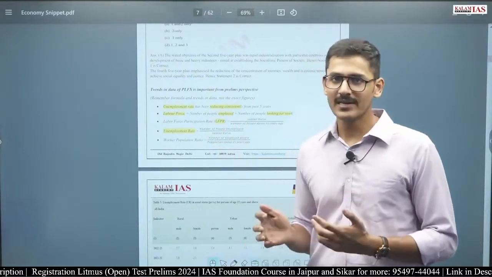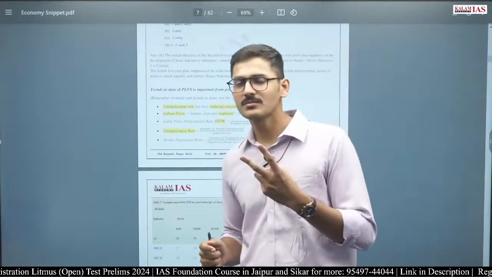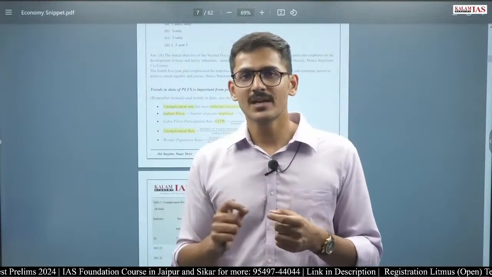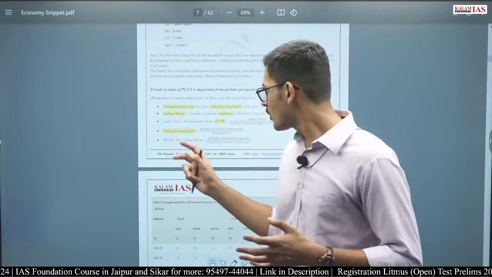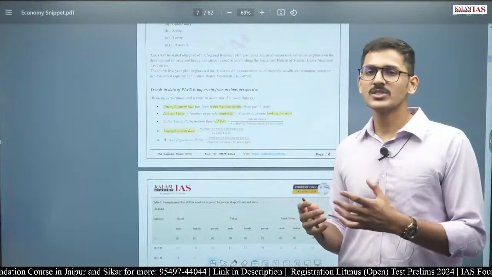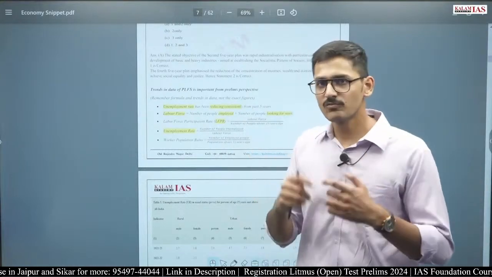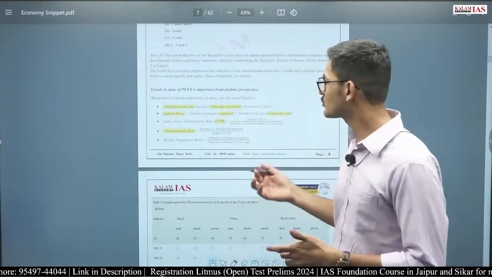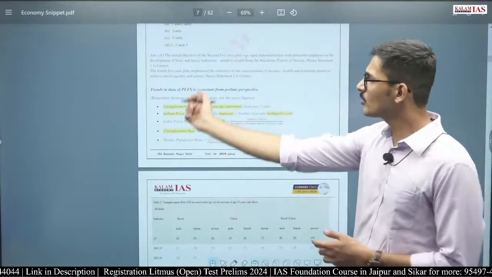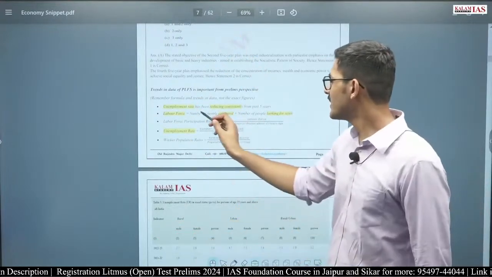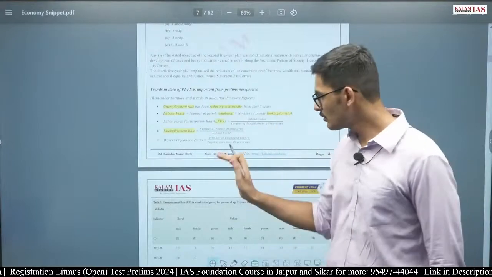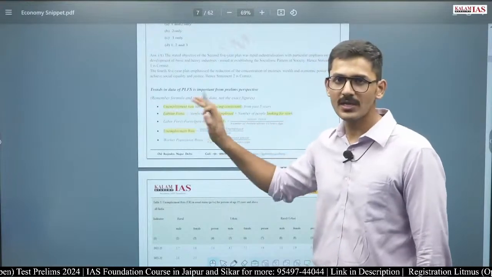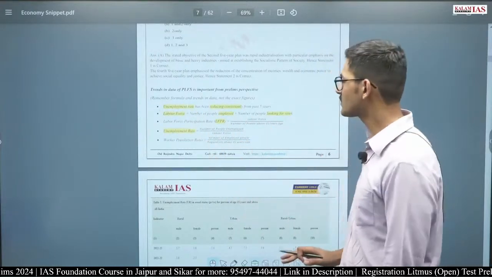The other is to look at the trends. So there are two types of questions which can be asked by UPSC. First is a conceptual question upon unemployment rate. They will give four statements and ask which of them defines the unemployment rate. Or there can be a trend-based question, whether it is increasing, decreasing, or fluctuating over the past 5 years, 10 years, or 3 years. This is how UPSC frames questions. If we look at the trends, the unemployment rate has been reducing consistently over the past 5 years. We will look at the data also, how much it has reduced. But this is what you have to know, that the unemployment rate has been reducing consistently over the past 5 years.